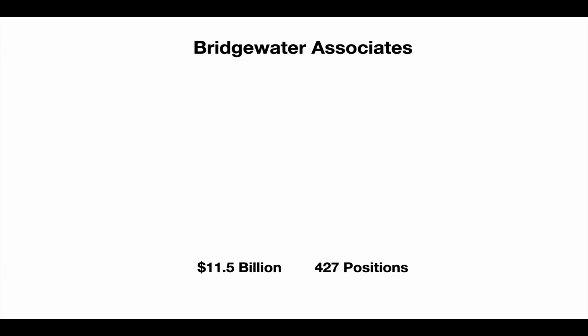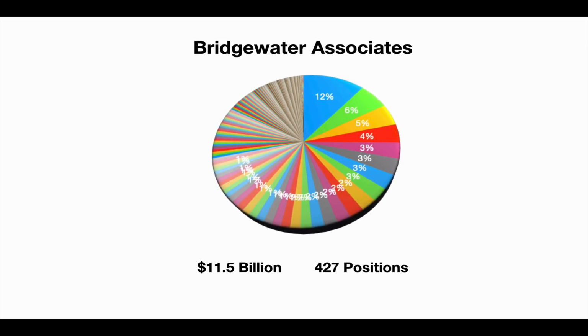Okay, so drum roll please. This is what the world's largest hedge fund looks like. The Ray Dalio portfolio of 2021. As you can see, this is a huge portfolio. Current value is around $11.5 billion, and it's made up of